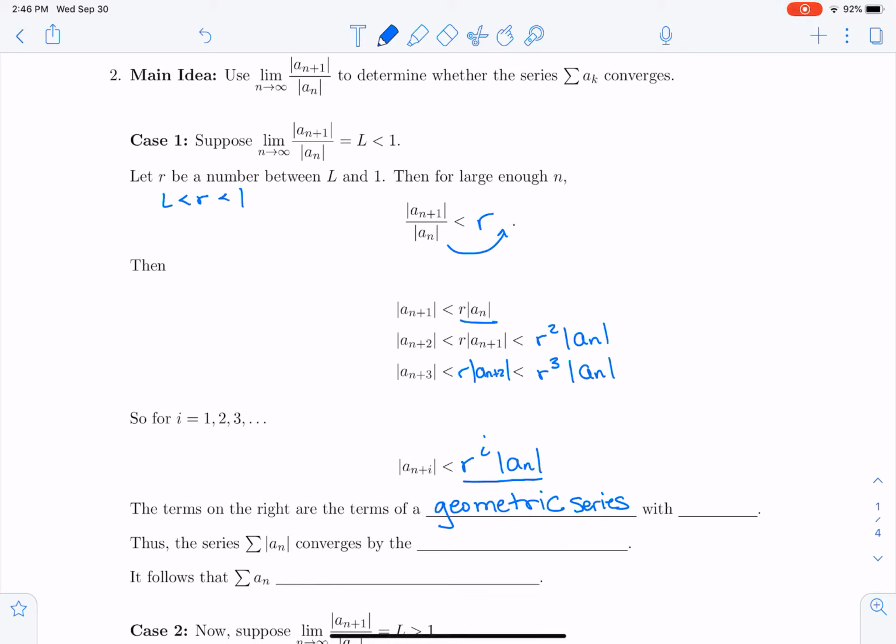And they have an r that is less than 1. Okay, so the first term is going to be absolute value of a sub n, but the rest of the terms we're multiplying by r to the i-th power, and here r is less than 1. Well, that tells us that the sum of the absolute value of the terms a sub n must therefore converge by the comparison test, because we are comparing